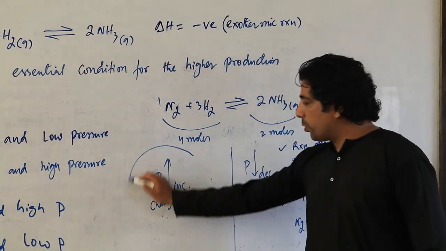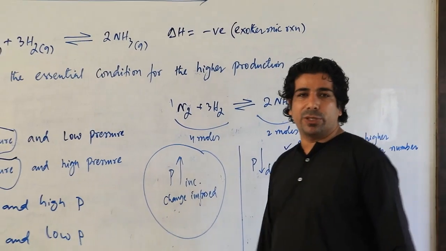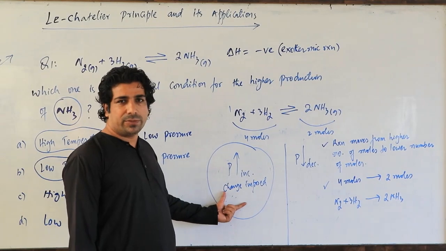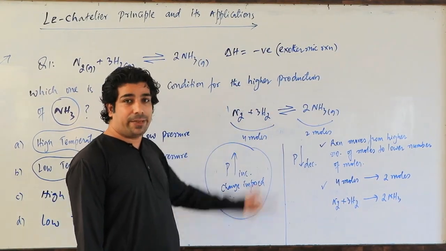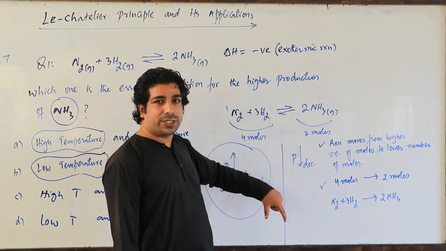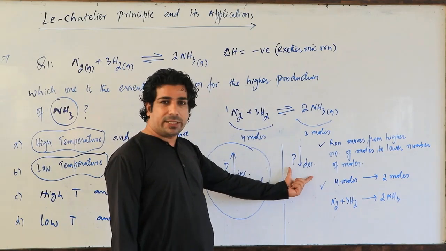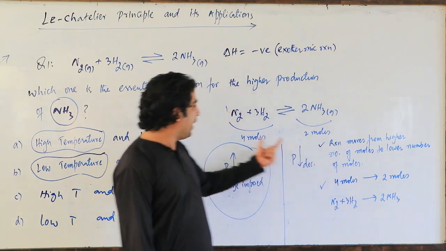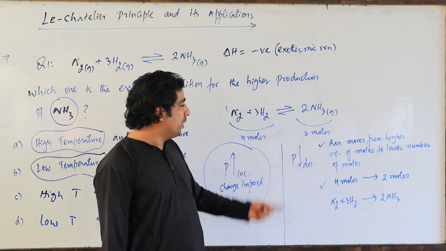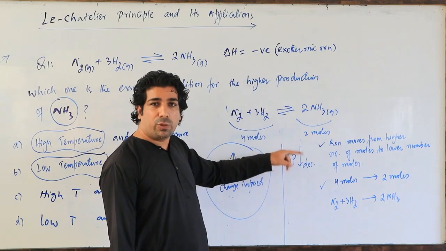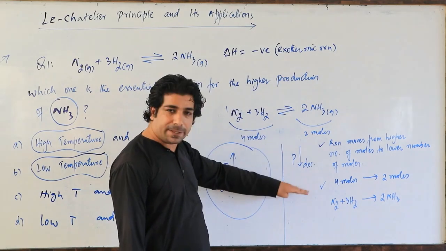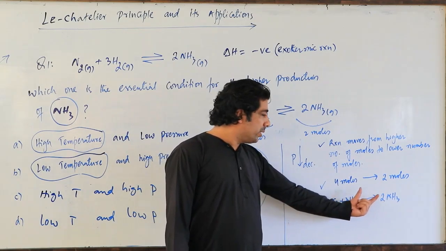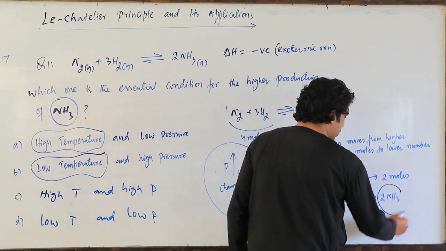So from outside, what you have done, you have increased the pressure. Because of that increase in pressure on the chemical reaction which is at equilibrium, the chemical reaction will oppose the change. It will decrease the pressure. How to decrease the pressure? The reaction moves from higher number of moles to lower number of moles. The higher number is 4 moles and the lower number is 2 moles. So when you move from more moles to fewer moles, pressure will automatically decrease. So 4 to 2 moles means you are moving from N2 plus 3 times H2 to what? NH3. That means NH3 is produced.